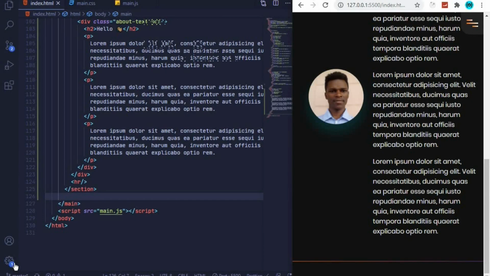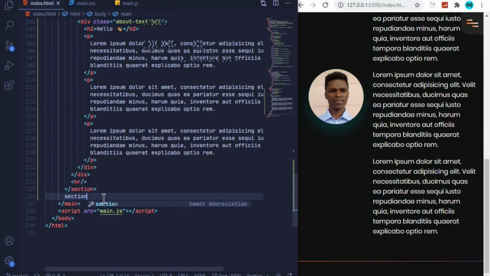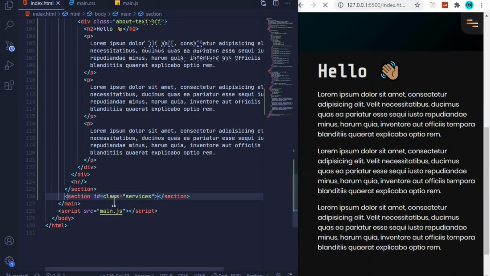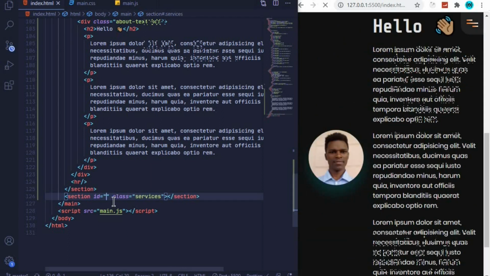In this section, let's start working on our services section. So just after we close the section tag of our about section, I'll add a new section tag with a class of services. So section dot services, enter, and we'll also add an ID here of services. So ID will be equal to services,